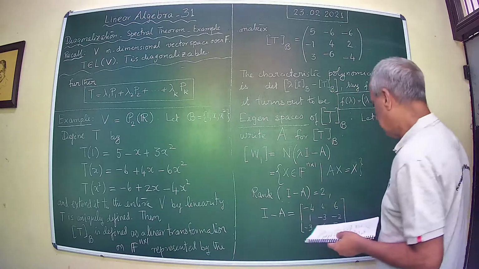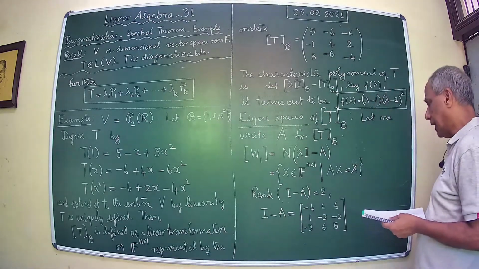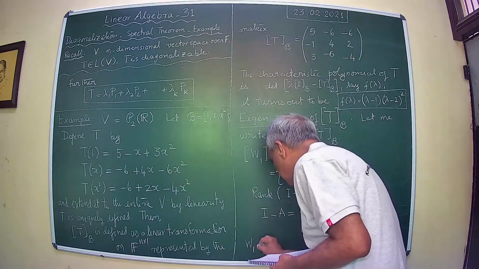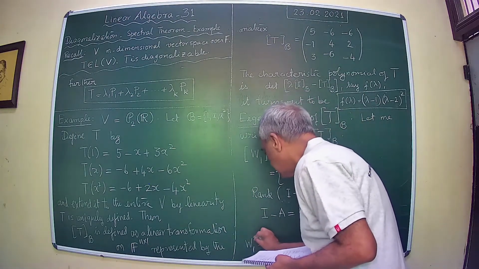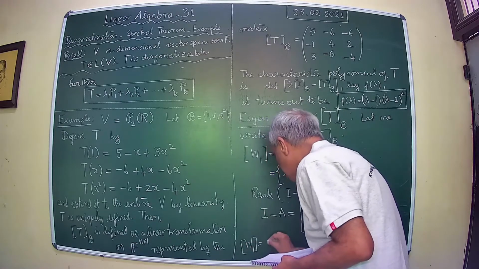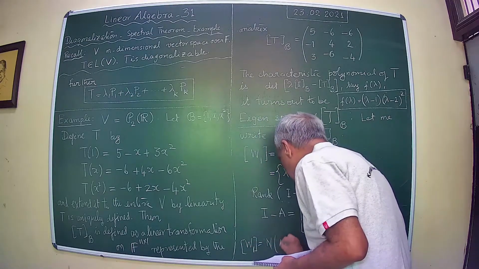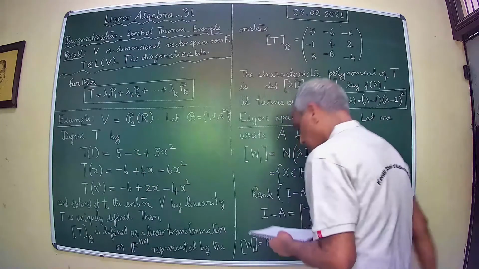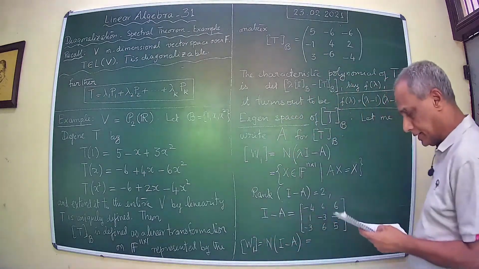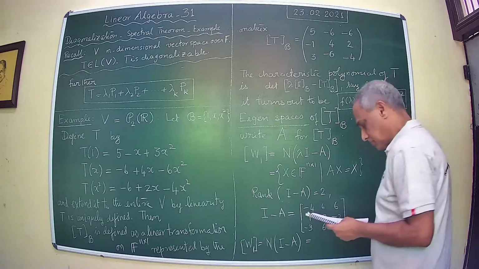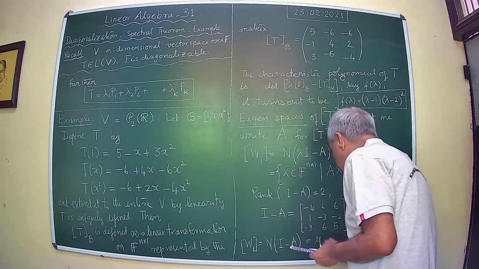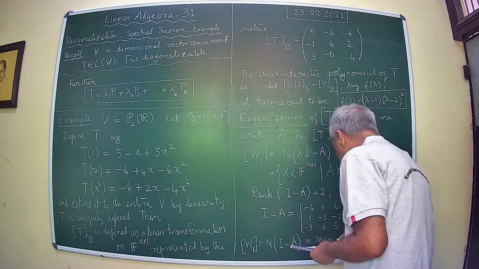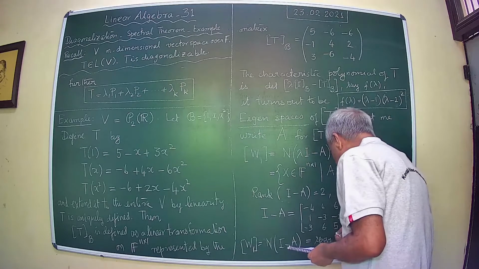And the null space is spanned by the span of the vector